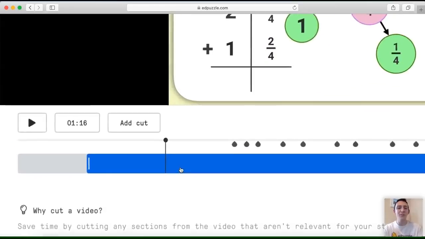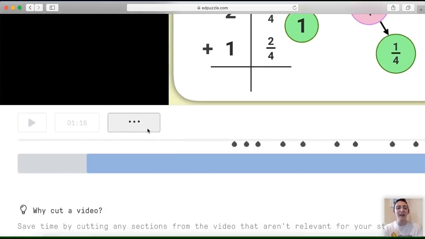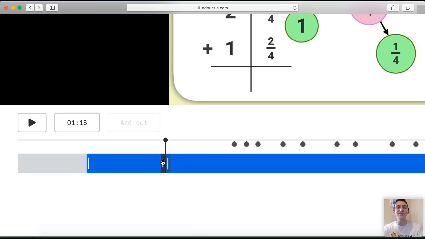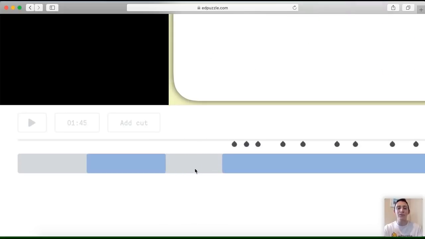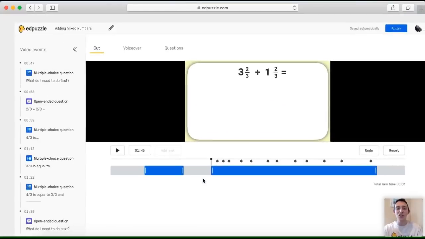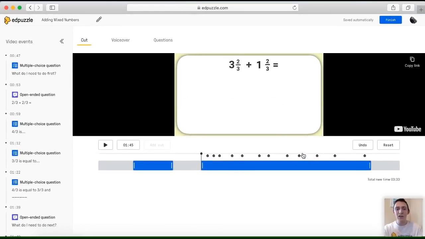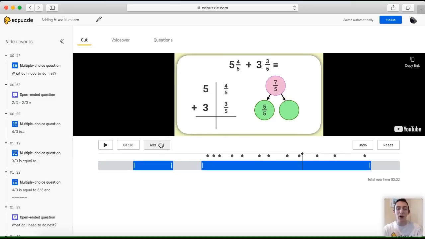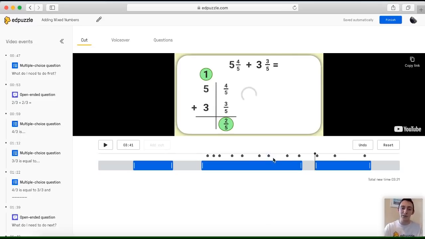And if there's a piece in the middle, you can actually click Add Cut right here, and you're going to split the video into two pieces. And now you can drag either one of those pieces to remove a section in the middle of the video. And we can do that to as many pieces as we want. So maybe we want to cut out another section here. We'll just add a cut and drag away whatever section of the video we don't want. And so you can customize exactly what parts of the video and what content your students are seeing, which is